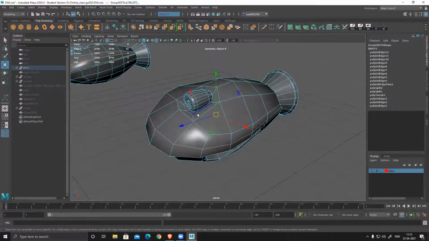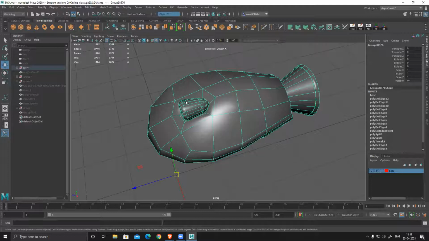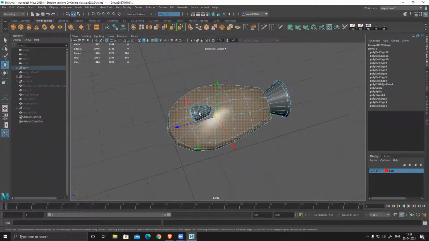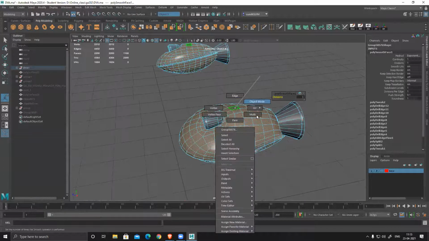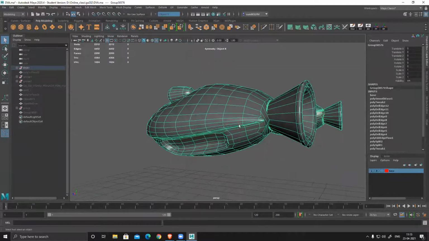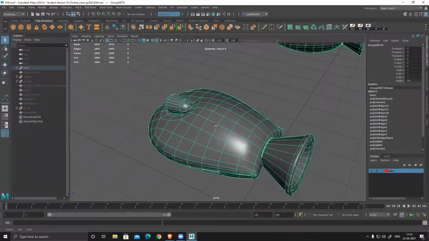If required only for this section, I can increase the poly count a little bit, because I feel this is way too low poly. As compared to this one and this one, this is way too low poly. So select this thing and smooth faces. I can do this. It will smooth out this topology overall.